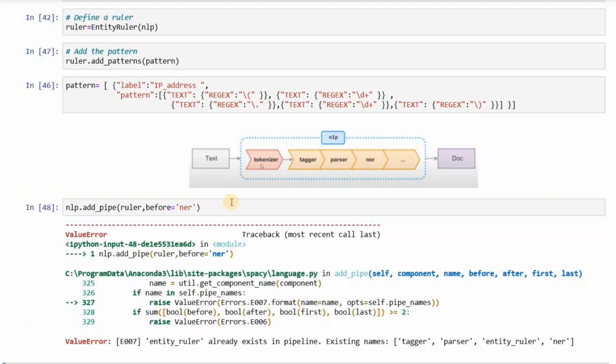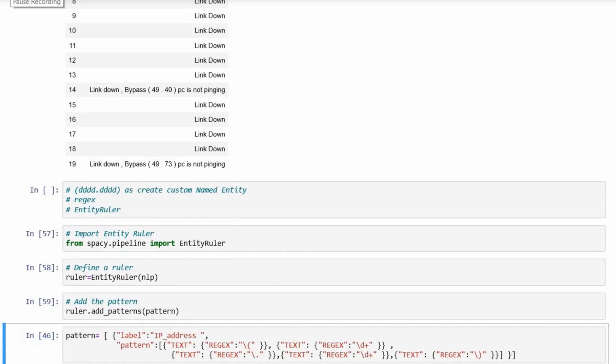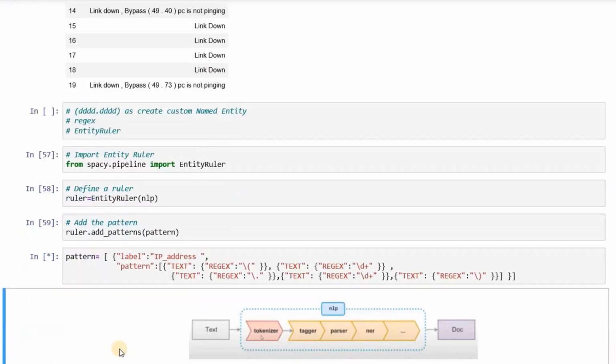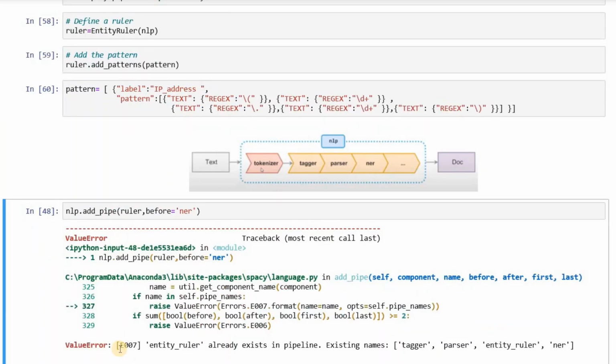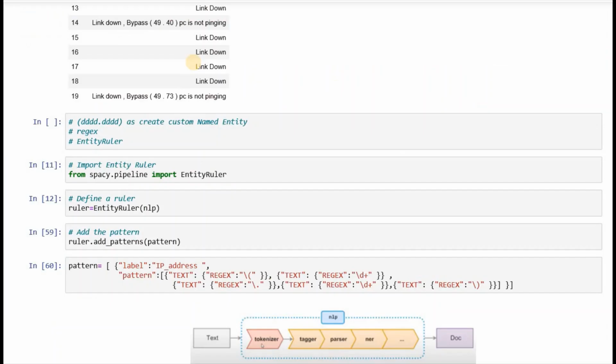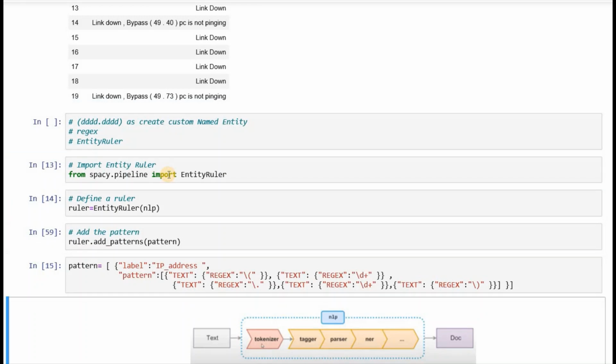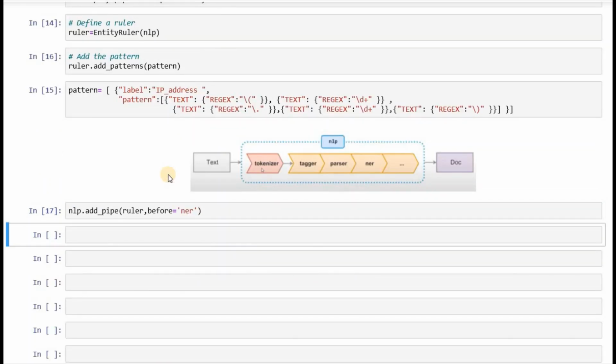Because I have already run this, it is showing that it already exists. So I would run it once again and come back. Let me run all these once again. Yes, so we have added this ruler.